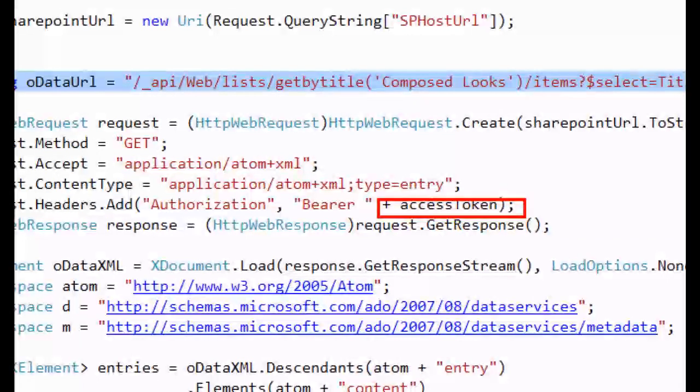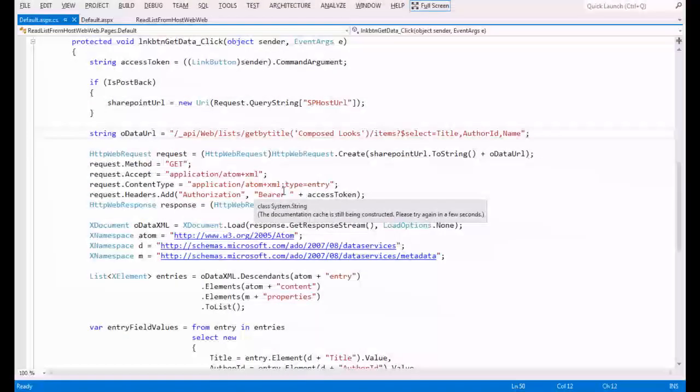Tokens have to follow events. If you try to access SharePoint data from a separate domain, SharePoint says, can't come in. But if you have an access token granted from a trusted party, then SharePoint will say, come on in and read the list. Definitely something to ramp up on.